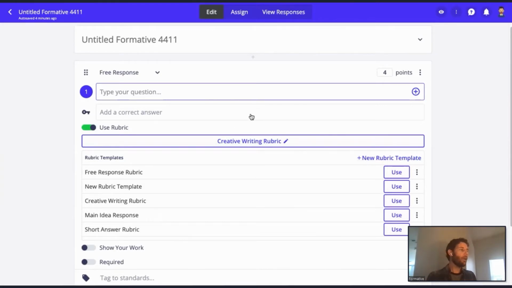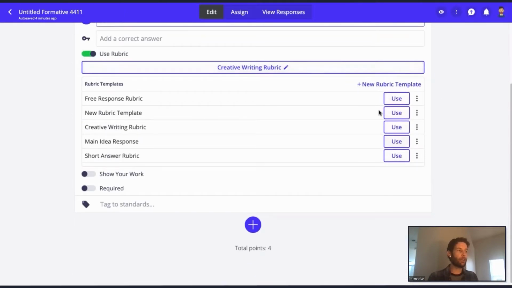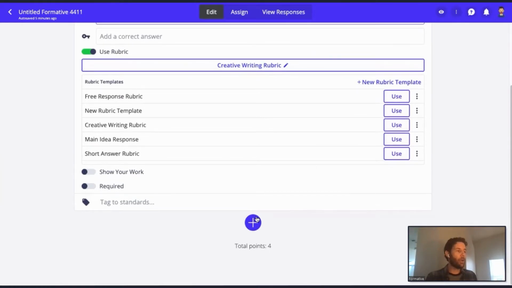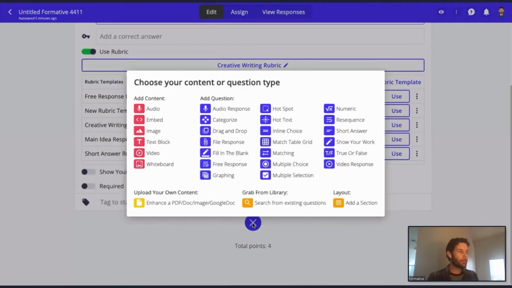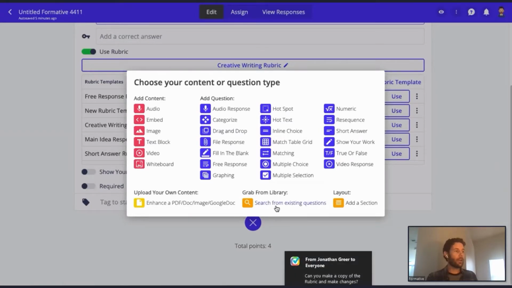So something else, if you have a rubric that you've already used, you didn't make it a template gallery item, but you want to use that rubric again, what you can do, and this was before we added the template gallery, this is kind of an old fix, but when you add a new item, you can grab from your library. So if I click search from existing questions here,